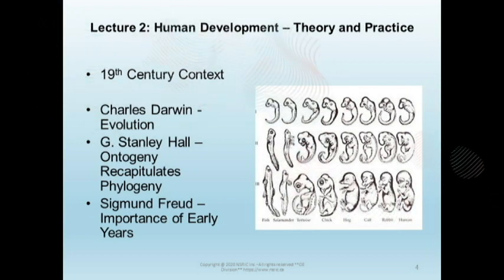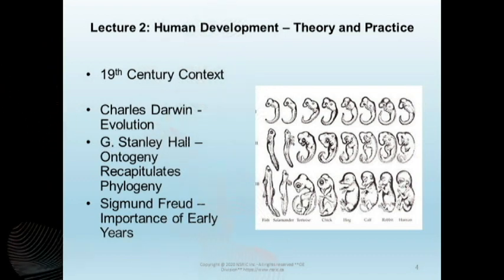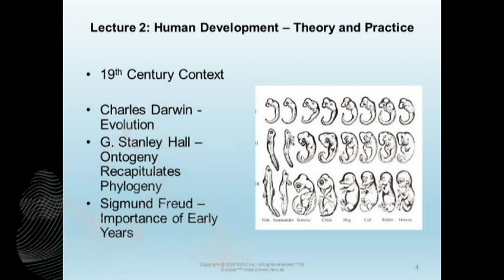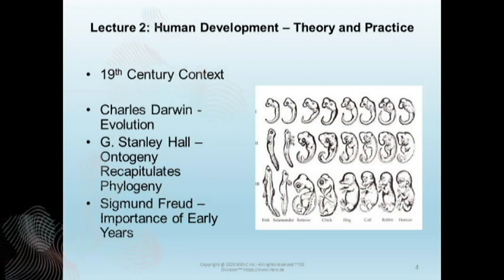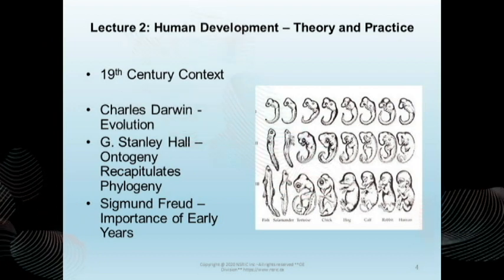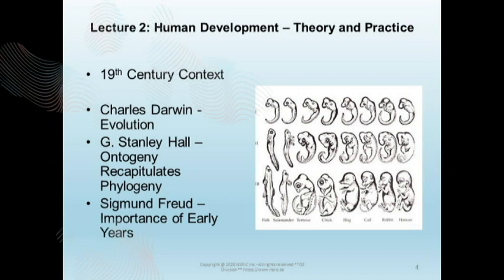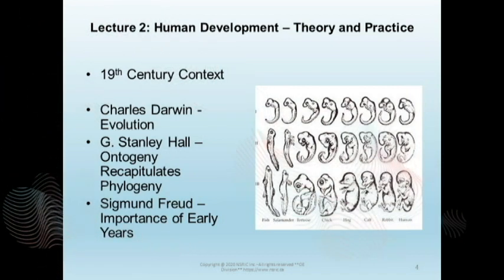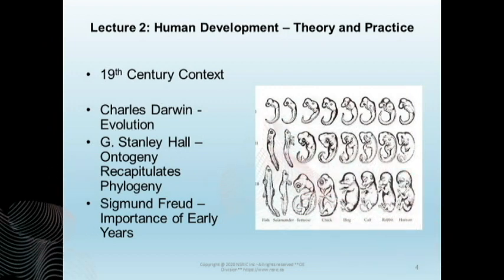In addition, the establishment of educational systems and the spread of literacy during the 19th century provided a platform for studying and documenting human development. And this enabled researchers to conduct large-scale studies and collect data on various aspects of human growth and behavior. And one significant, specific historical example that exemplifies the growing interest of studying human development during the 19th century is